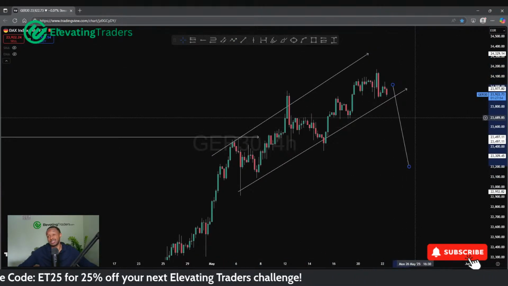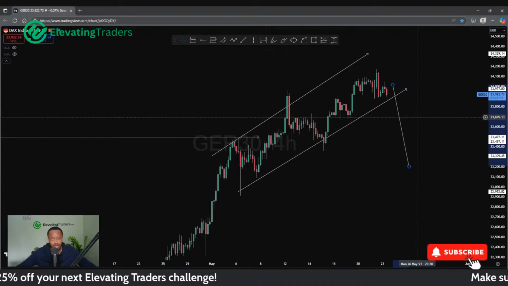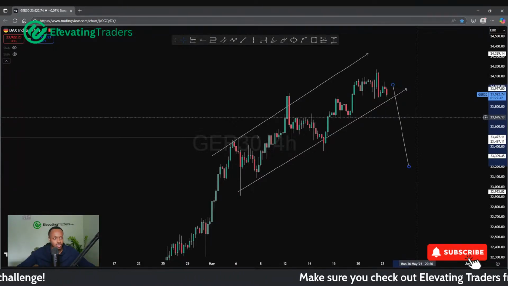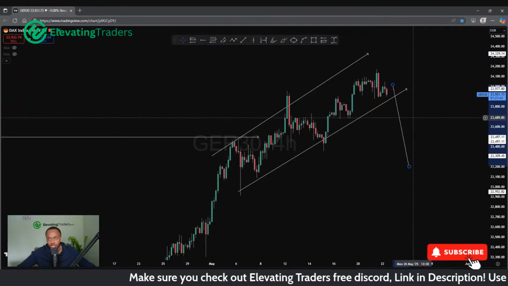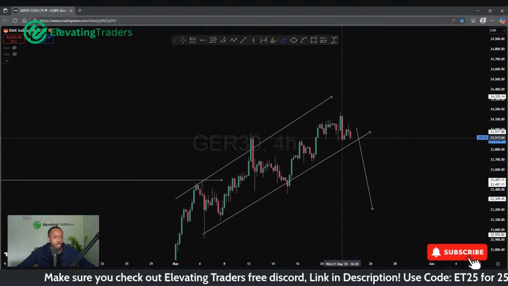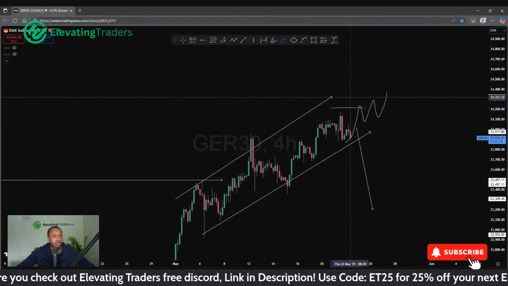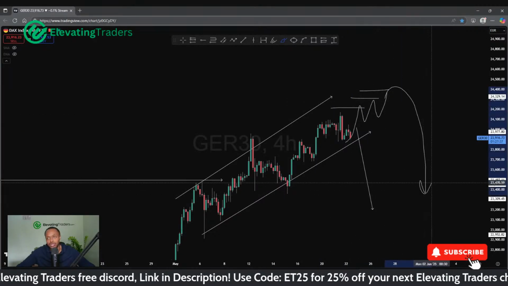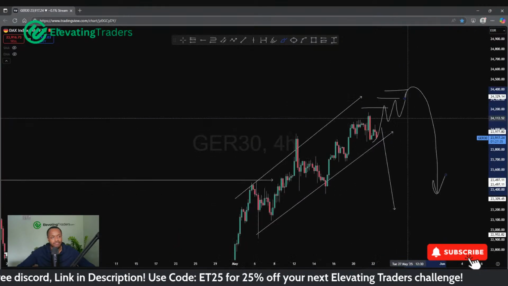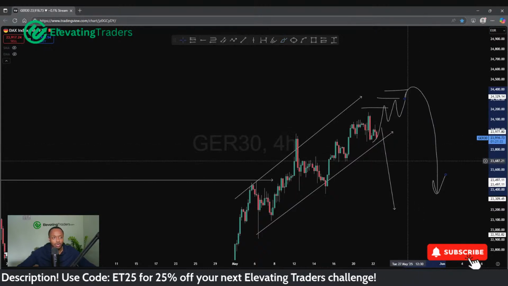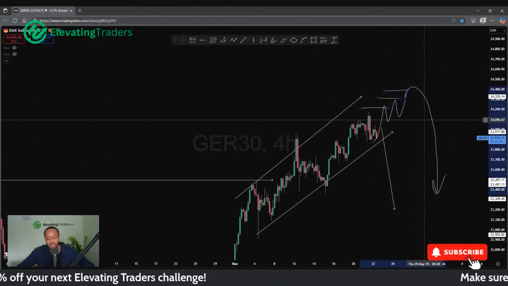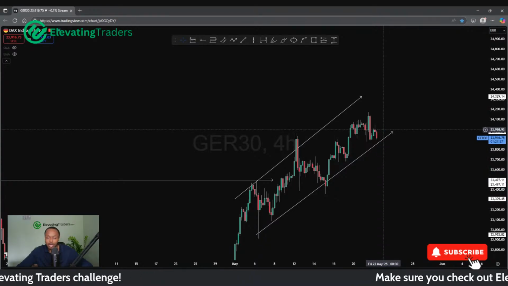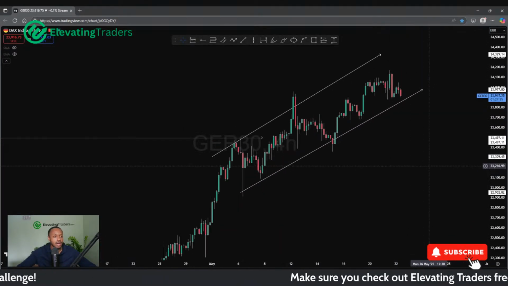Now, would I look to sell that just because I'm expecting price to push down? Absolutely not. It's always a bit difficult to catch the sells, especially when you're trading an index which is at all-time highs, still very much in a bullish trend. We could keep chugging away. That could be stop loss after stop loss, and then eventually we do take that dive. So it's always difficult to time, which is why I would avoid looking to short it. I may be expecting the retracement, but I'm not seeing a great opportunity to sell it.